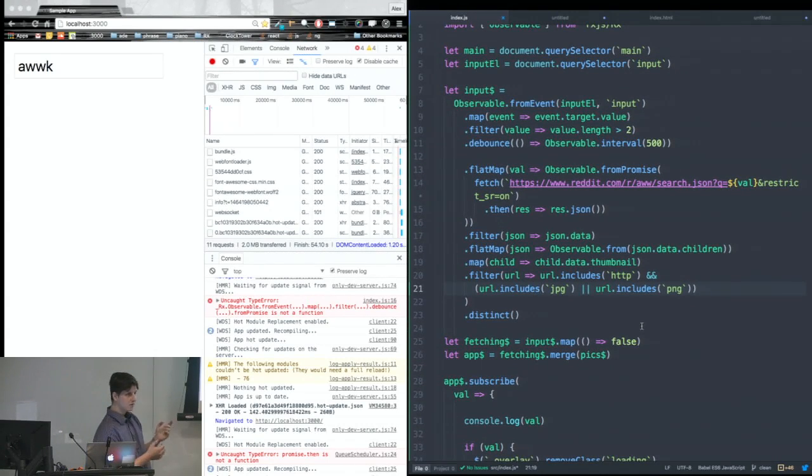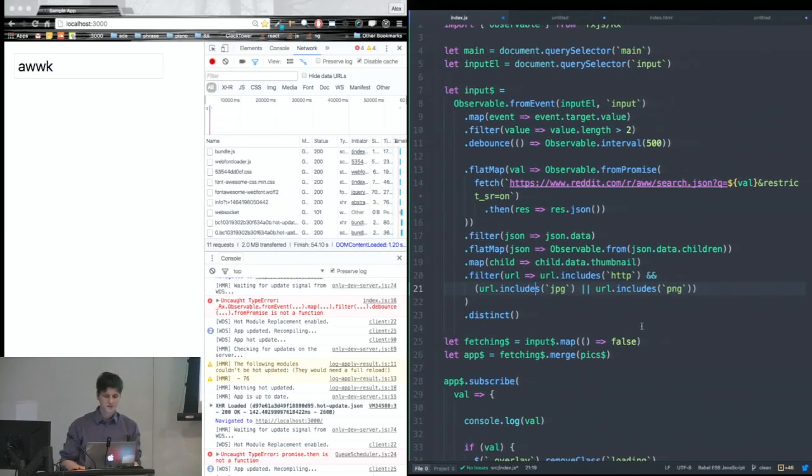And one problem that I ran into when I was doing this is I wanted a way to show a loading spinner while I'm making the request. If we follow everything we have, from event input, we type, and then we map it, we filter it, we debounce it, we turn it into an AJAX request, we filter it. It goes directly from input values to images on the screen without giving us a chance, in the middle, to say, hey, while this is happening, I want something else to happen. Where do I put my if statement that says, if it's fetching, do this. Otherwise,